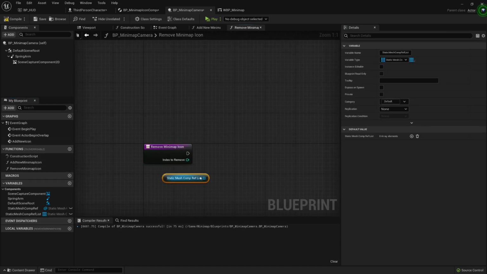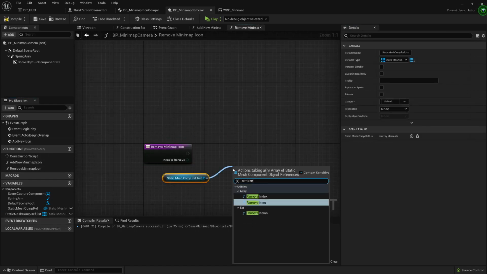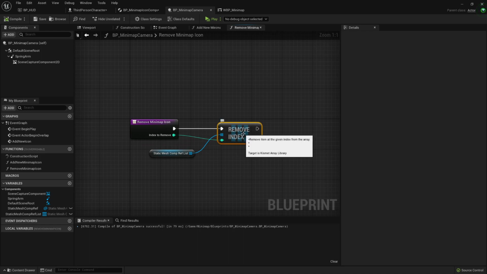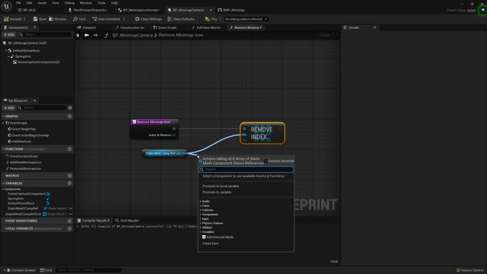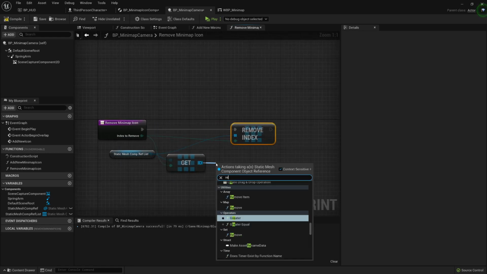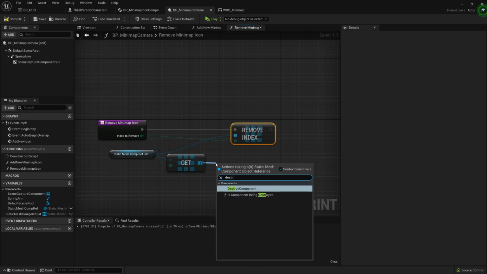Now here I just remove index, and that's it. This is deleting the object and removing it from my... is this deleting my object? I don't believe so. So let's get actor list from component list. Now let's get a copy. Oh, but if it's a copy, then even if I destroy it, I'm destroying the copy. So